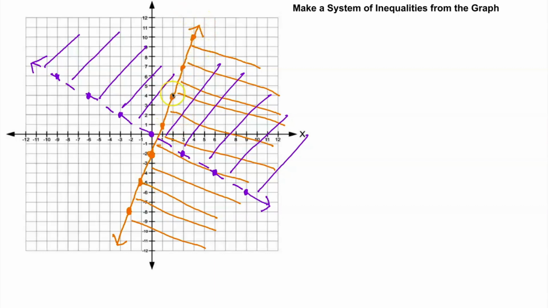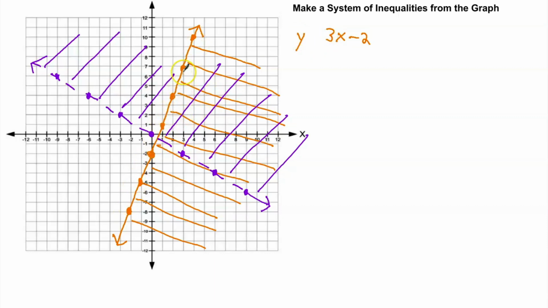So what we have here is, let's start with the orange one. I've got a line, and we first need to figure out what the boundary is. The boundary is this line right here, and it looks like the y-intercept is right here at -2. So I'm going to start out by saying I've got -2 as the y-intercept, and then my slope goes up 1, 2, 3 over 1. So with slope-intercept form, I get 3x minus 2. Now that's going to be y equals, except